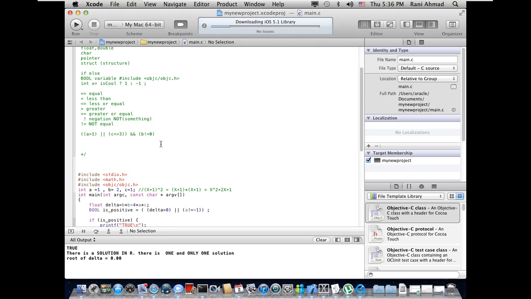Okay, but I have to remind you that you need, just for the bool variable, this is I forgot, for the bool variable you have to put this include. Without it, bool won't work. Okay, simply as is. Include obj c dot h. Okay, and it has to be between the acute angled brackets, you know, greater and smaller, you know. Anyway,